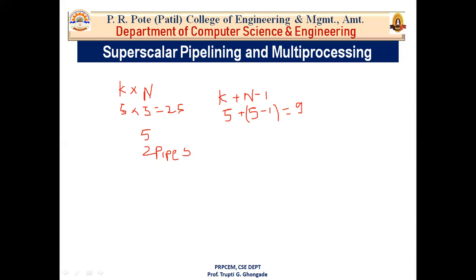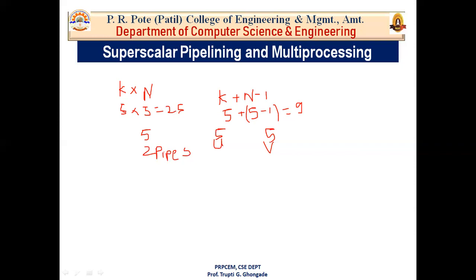Okay, so there are 2 pipes inside the processor. Let's say the first pipe is U and the second pipe is V. This is like putting 2 full processors fused into one. Each pipe is a 5-stage pipeline. Now this U is a 5-stage pipeline and this V is again a 5-stage pipeline. So the 2 pipes together handle 10 instructions, 5 instructions by pipe U and 5 instructions by pipe